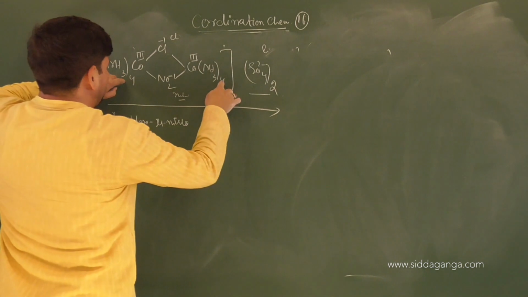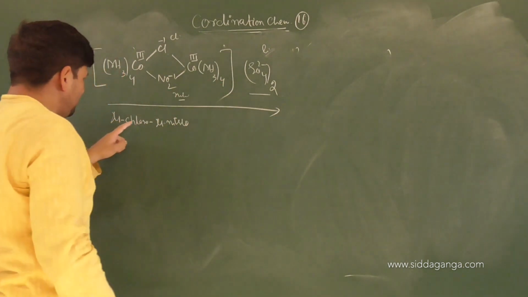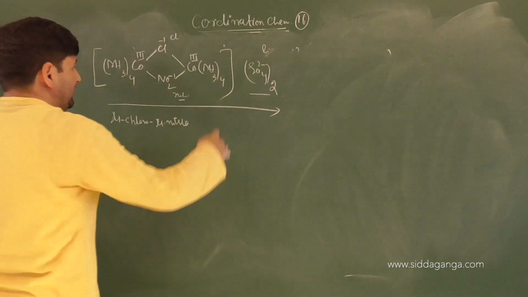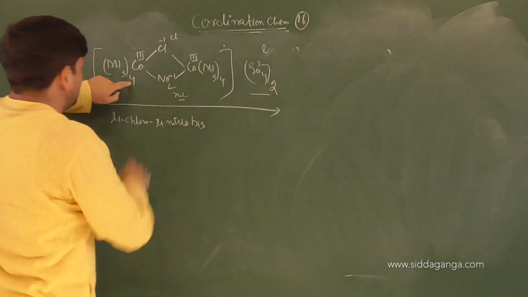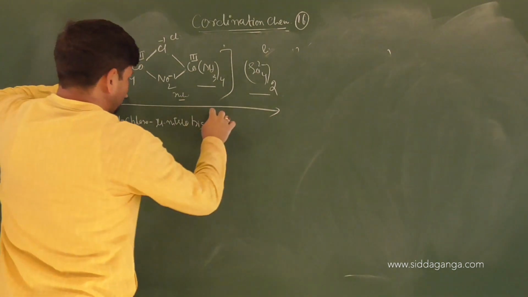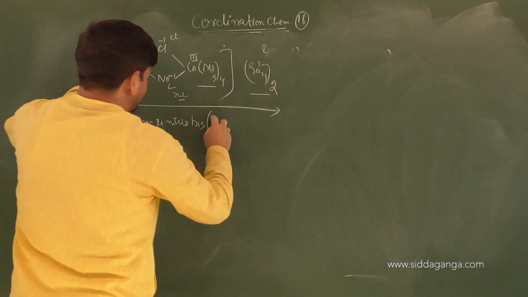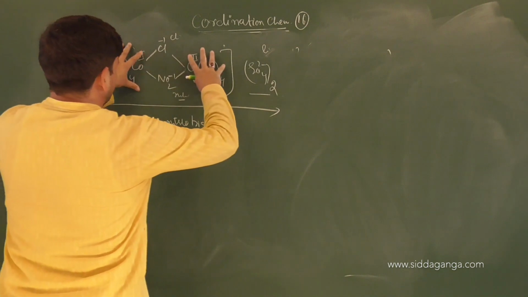So how many times amine is there? 8 times. You can write the name in 2 ways. Mu chloro, mu nitro. Then this is existing how many times? Bis. This is 2 times, right? Then each amine is existing how many times? 4 times. Bis means on the whole this complex is twice.